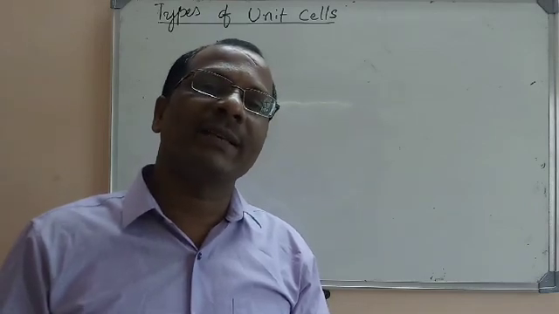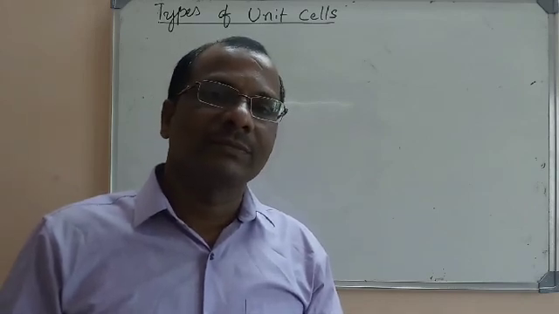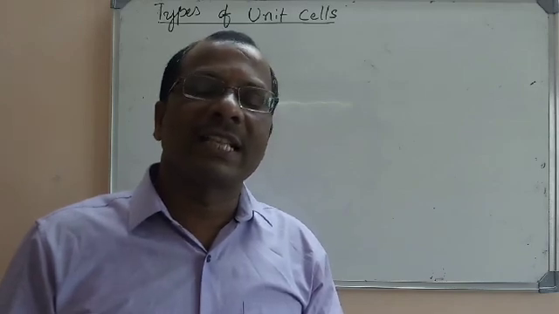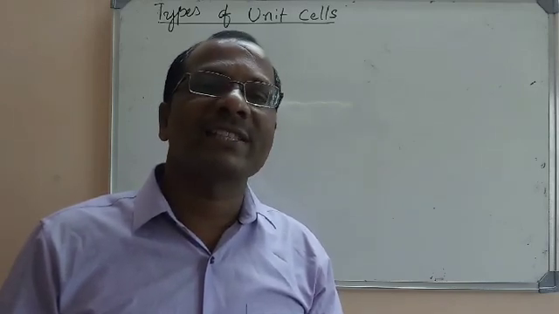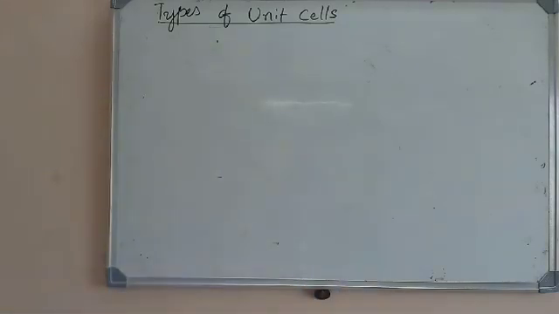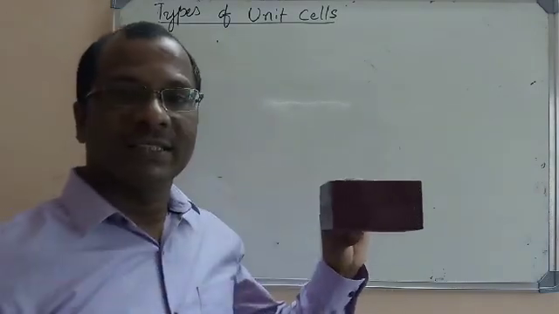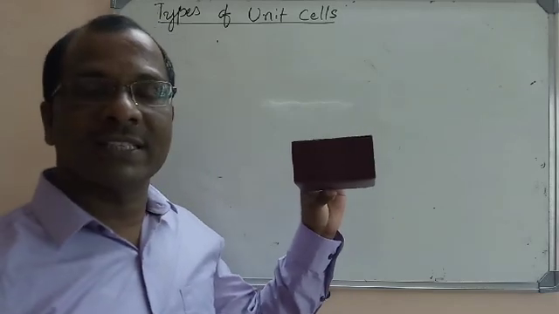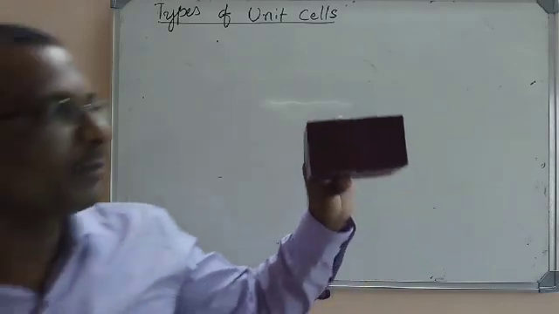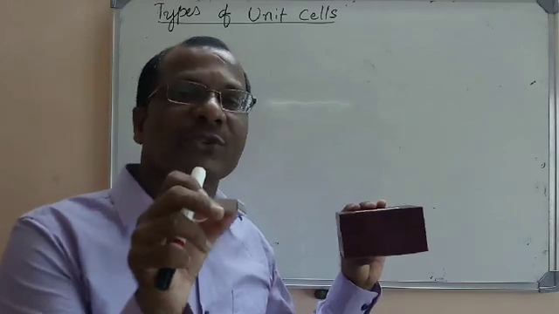The smallest repeating unit of any crystal lattice is called a unit cell. I told you that a unit cell will have parameters like lengths of the edges and also angles made by those edges. Let me explain. For example, this is a space lattice. You can see this is a cuboidal structure here. This box can be taken as a space lattice or crystal lattice, and you can imagine this matchbox as a unit cell.